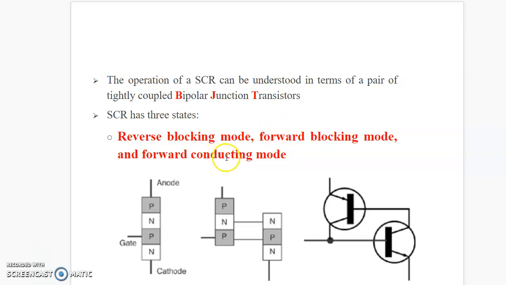In this mode, the keywords are forward and conducting. What happens in this mode is the anode is positive and the cathode is negative, and a gate pulse is given to the SCR. We already saw that junction 1 and junction 3 are forward biased during the forward condition, and junction 2 is reverse biased. But whenever a gate pulse is applied, junction 2 is filled with electrons and it is ready to recombine. So the current will start flowing through the SCR and the SCR will start conducting. So these three are the states of the SCR, and these are very essential modes.